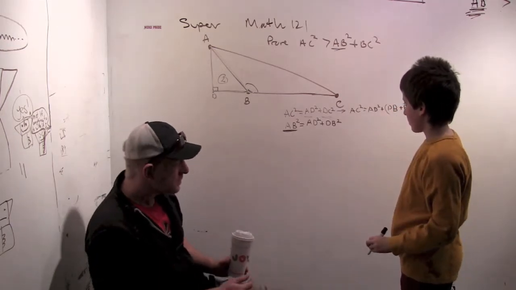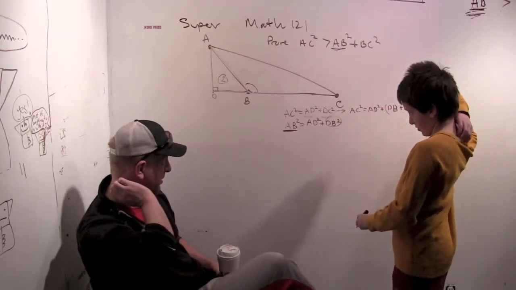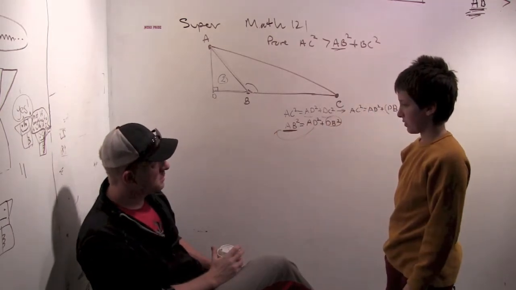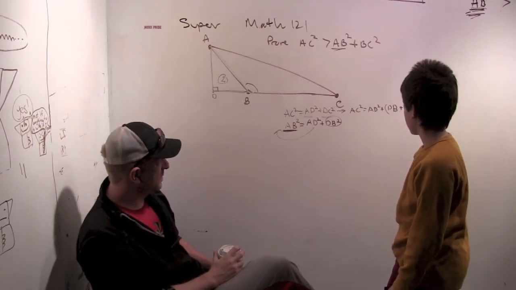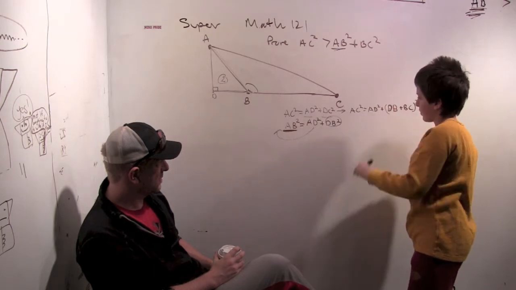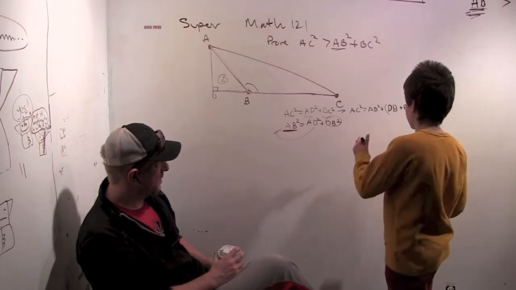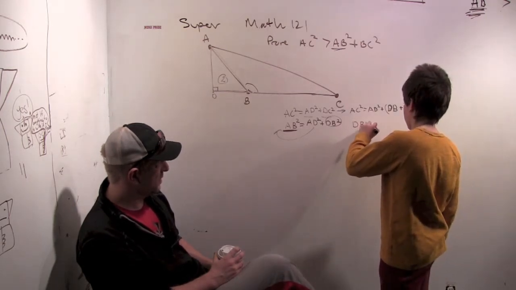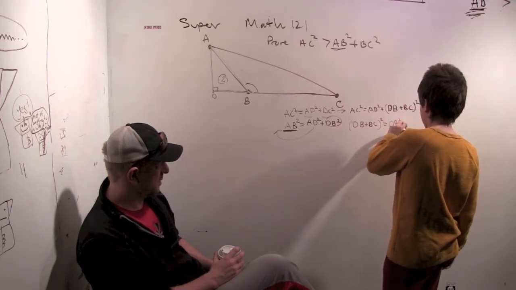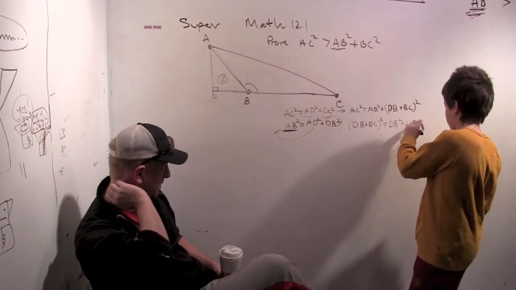We have a DB in here and a DB in there. All right, good. So we could move this to the other side and get an equation for DB squared. Interesting idea. Well, let's see where this goes. So, DB plus BC squared, well, it's DB squared plus 2DB times BC